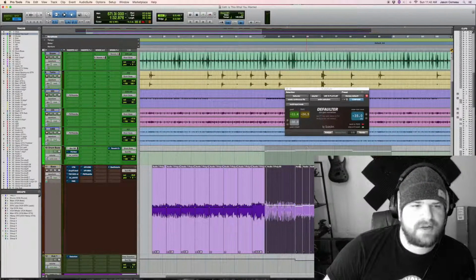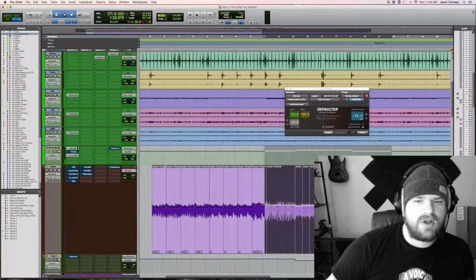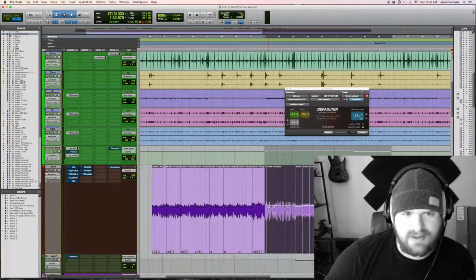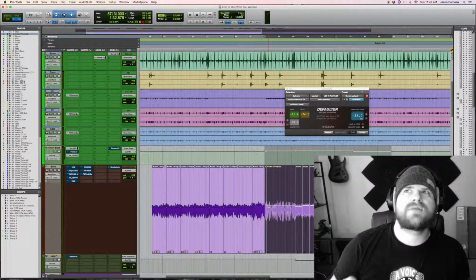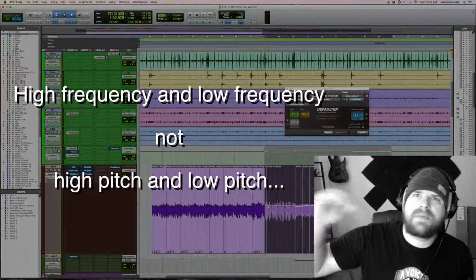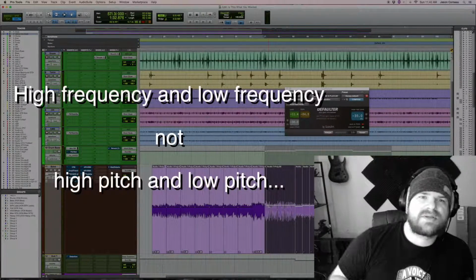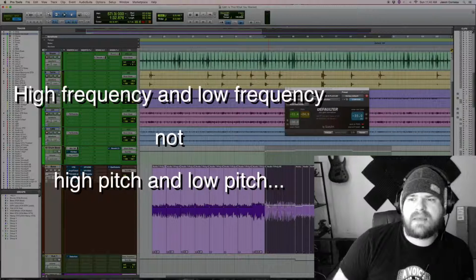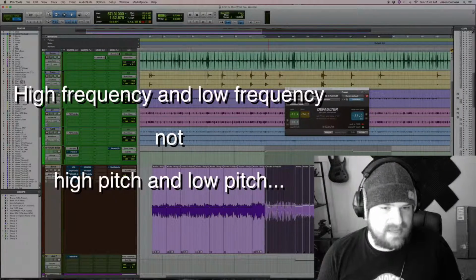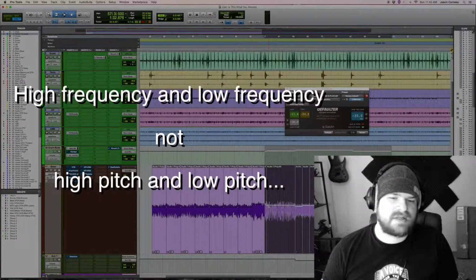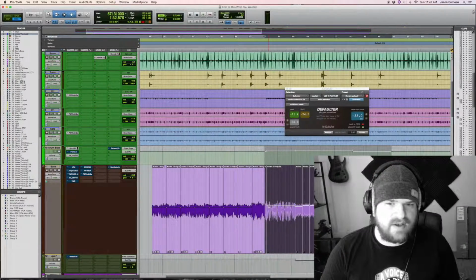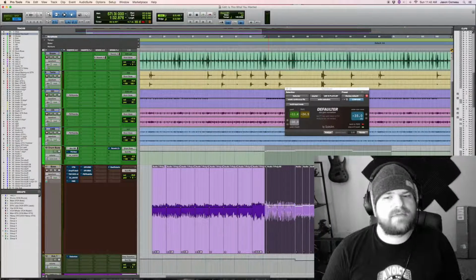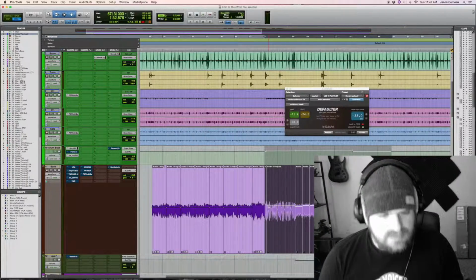Whether you use this plugin or not, you still want to listen to the audio first, because looking at the WAV file doesn't necessarily mean that it gets louder. So the WAV file might be louder, it doesn't mean anything, because you can record a high-pitched noise in comparison to a low-pitched noise, and the high-pitched noise and the low-pitched noise might be at the same level, but the audio file is going to look bigger with the low end. So don't always rely on just the WAV file. You want to listen to it first. But if you find that it is louder, you want to